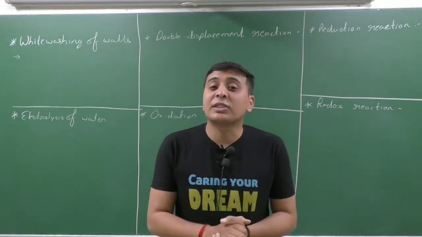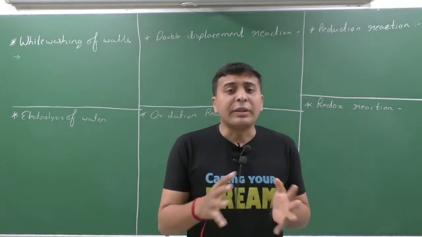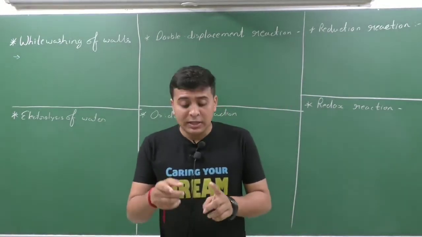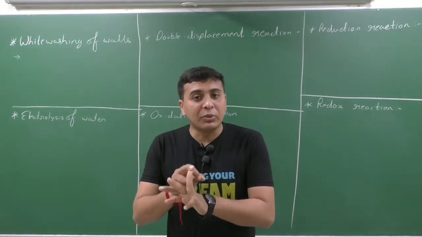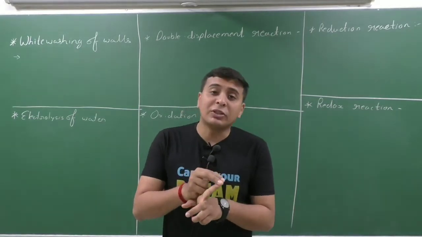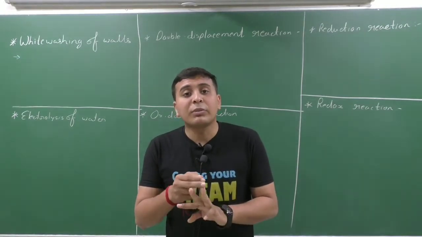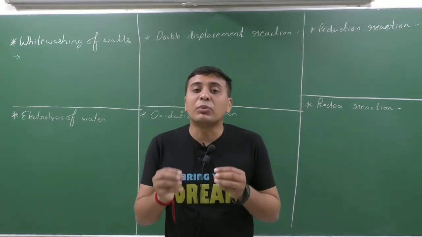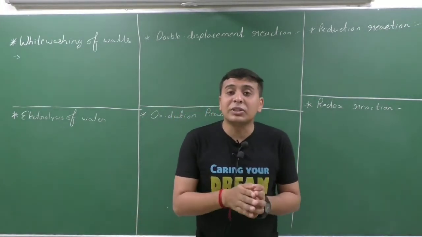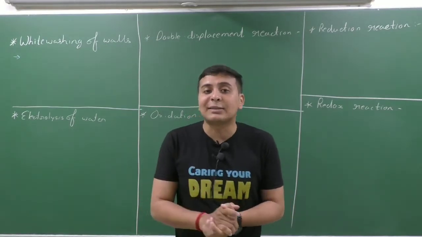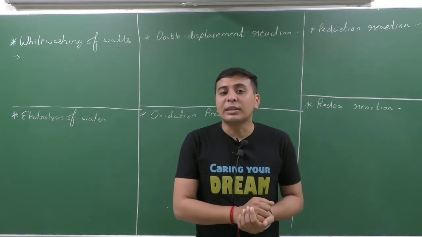I think this is our fifth lecture of chapter number 1 of class 10 science, that is chemical reactions and equations. In the previous lecture, let us revise what we have learnt. We have learnt about the physical change, chemical reaction, chemical equation, how to balance a chemical equation and why to balance a chemical equation. So how to write the states of each and every compound, name of compound, it means how to make the equation more informative. Then we have learnt about the types of reaction. The types of reactions are combination reaction, decomposition reaction and displacement reaction. There are few more types of reactions that we are going to learn in this chapter.